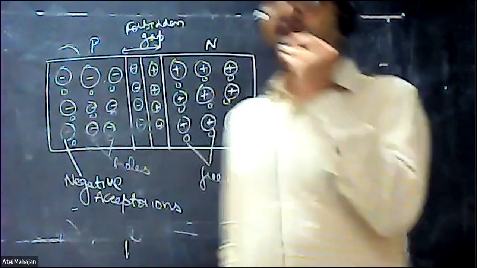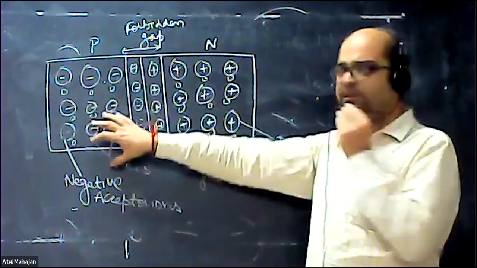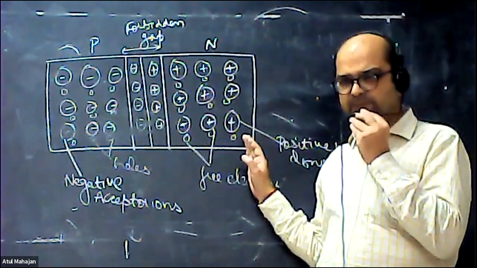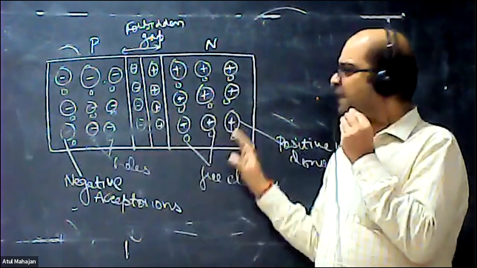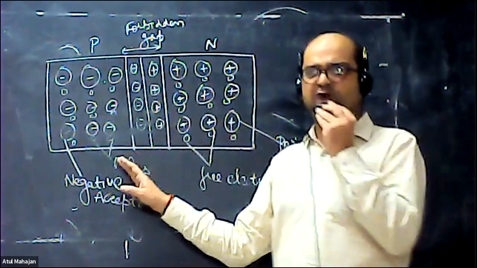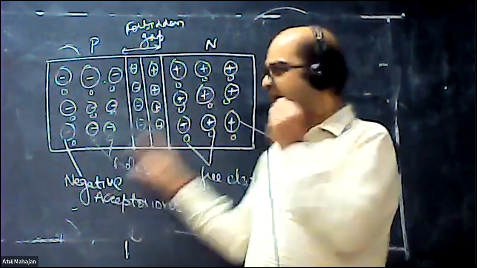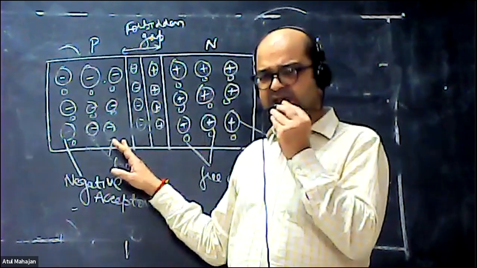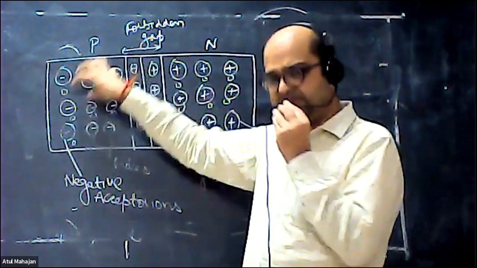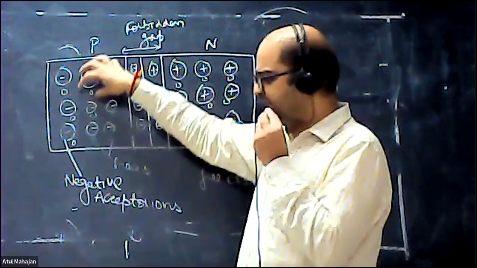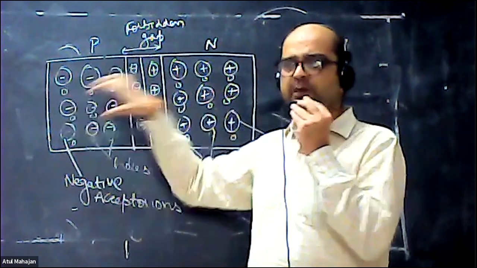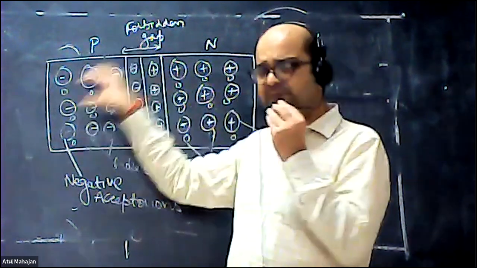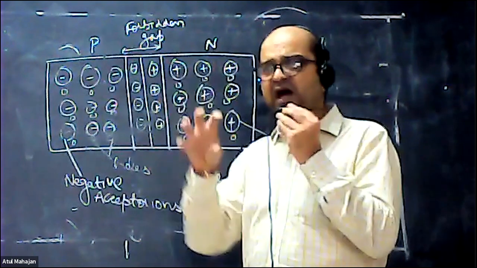Okay, now we can see it very well. This is your P side of the PN junction diode, this is your N side. P side means it is composed of P-type materials, and the N side is composed of N-type materials. When we talk about P-type materials, they have the negative acceptor ions, and they have holes in predominance. The actual existence is of holes over here, and they have acceptor ions which can accept electrons from the neighboring structure.